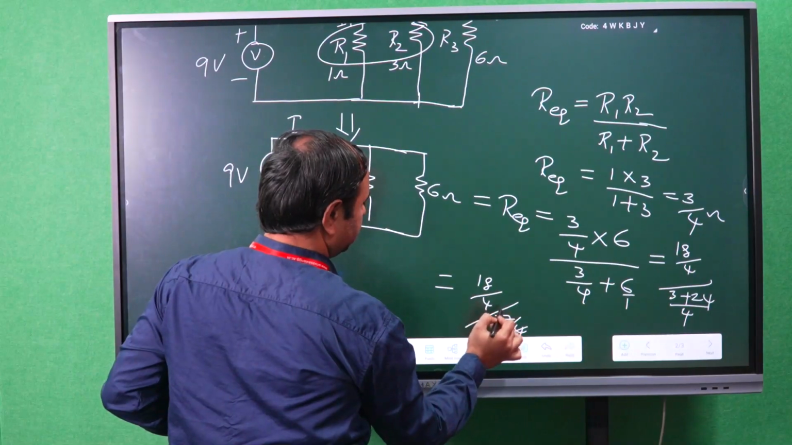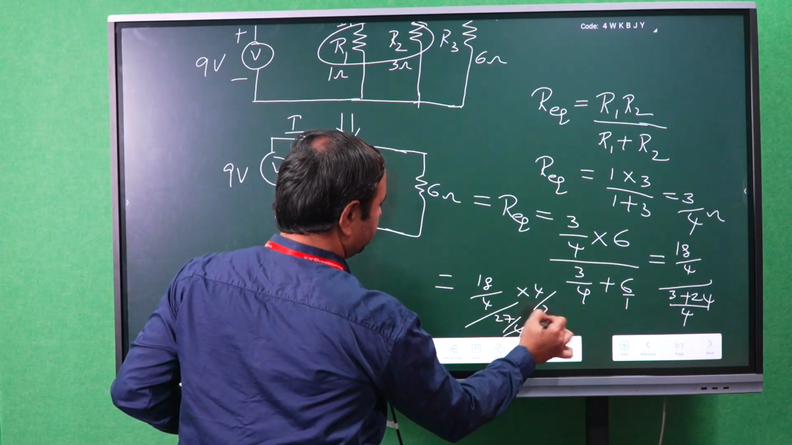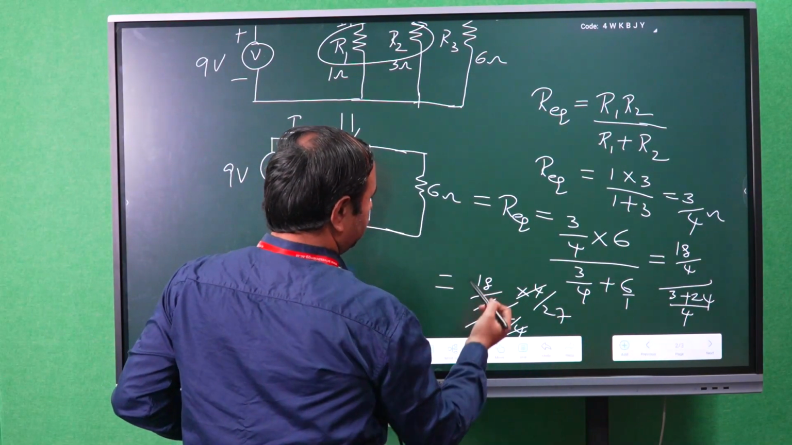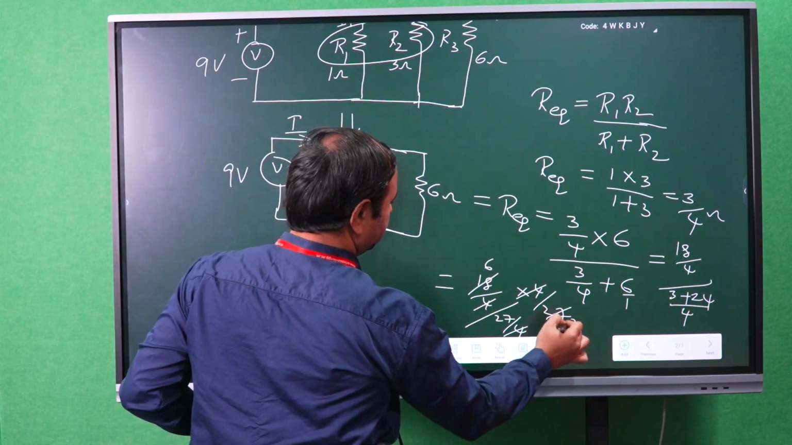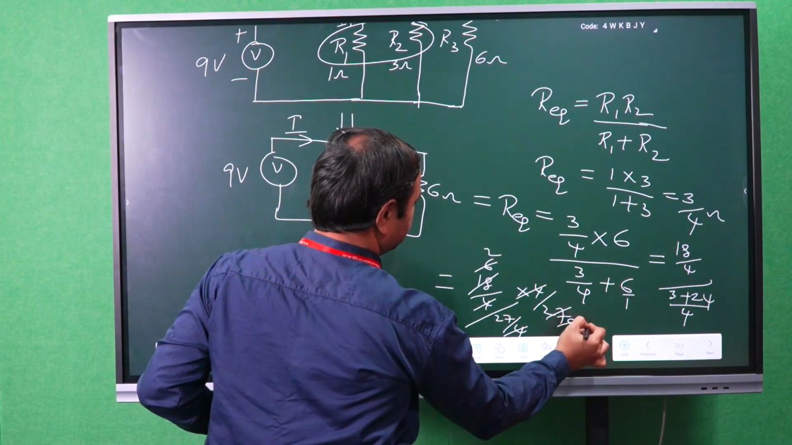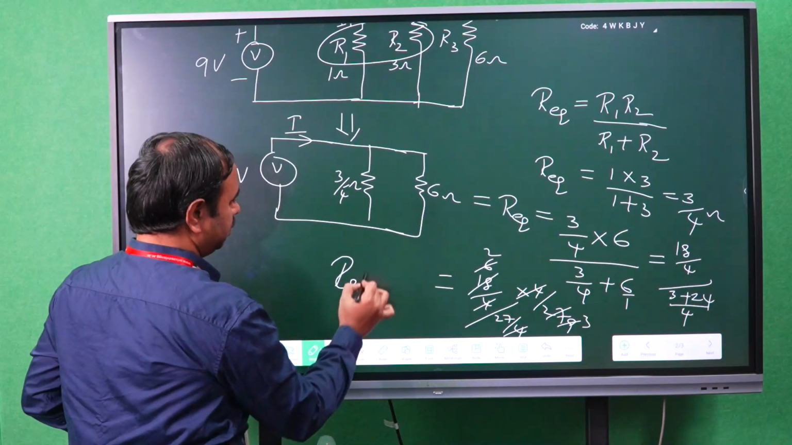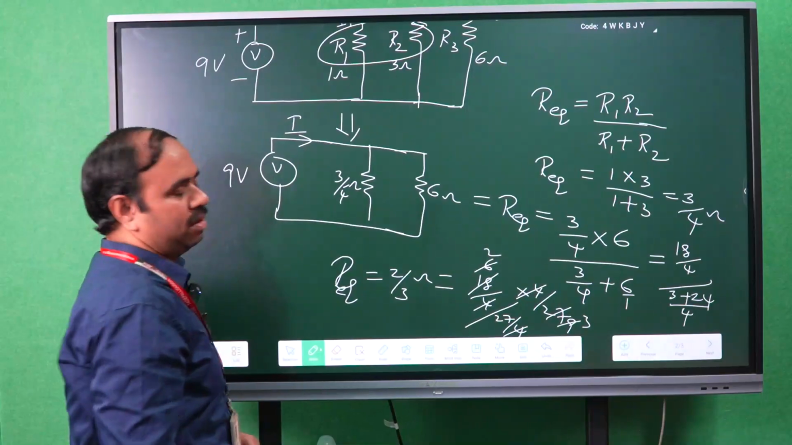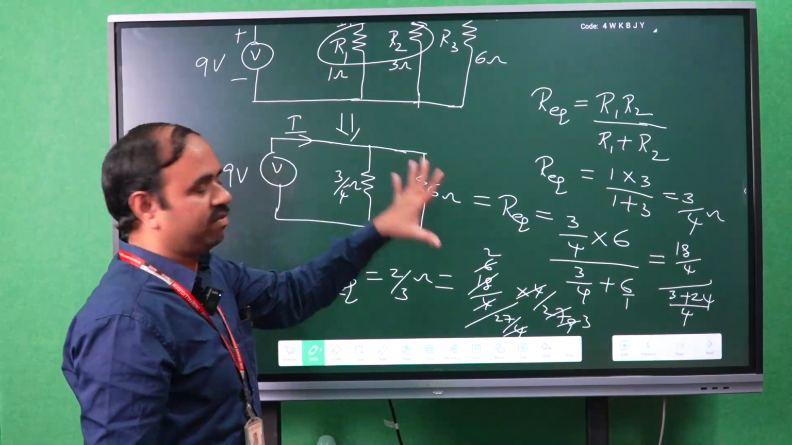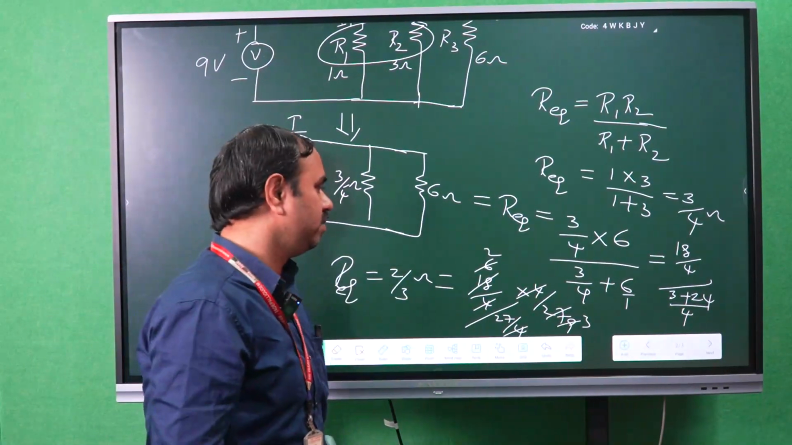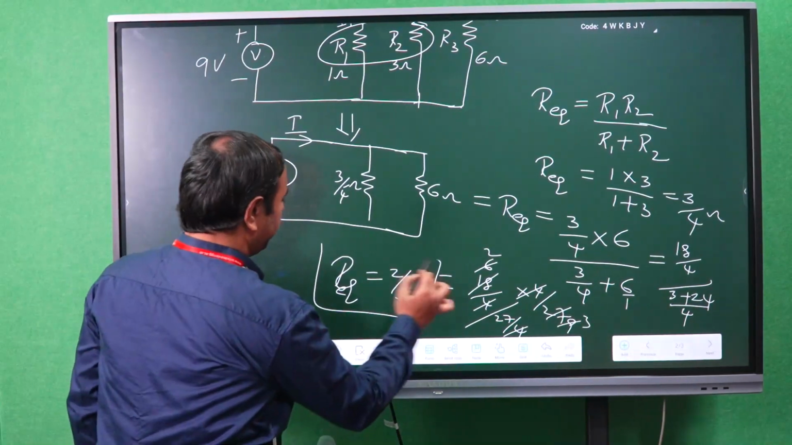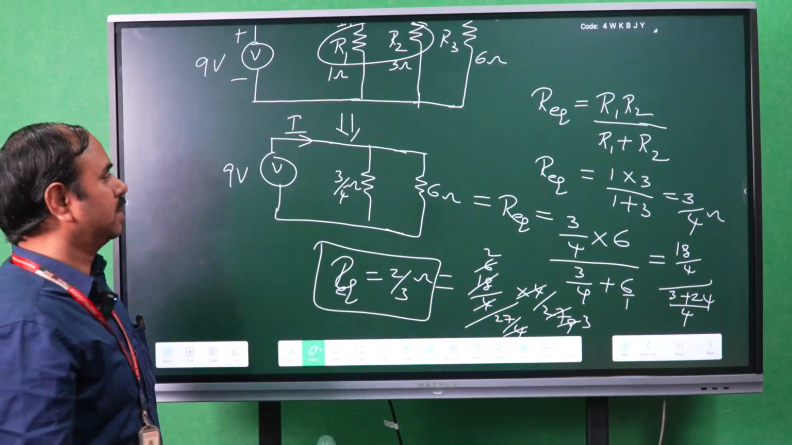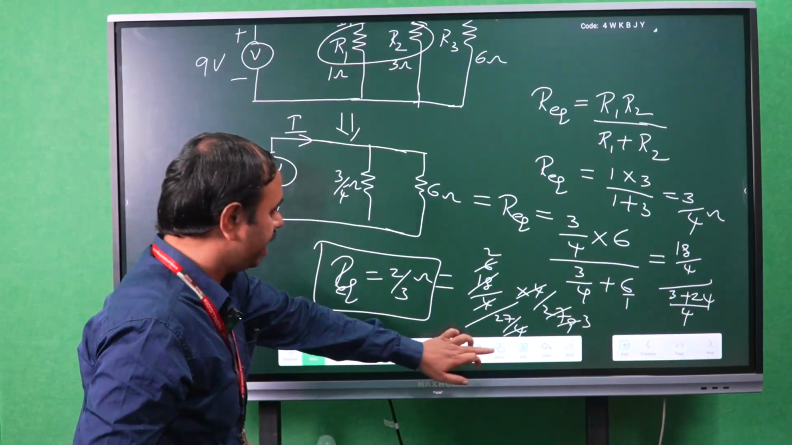So 4 gets cancelled, otherwise you can say 4 by 27, 3 6, 3 9s, 3 2s, 3 3s. So totally R equivalent becomes 2 by 3 ohms. After simplifying, the total equivalent resistance you will get is 2 by 3 ohms. So the circuit will be modified as now